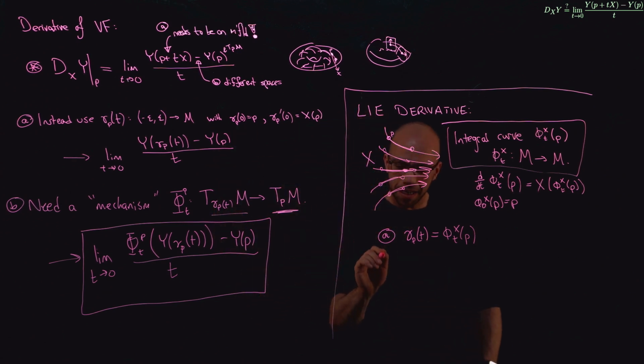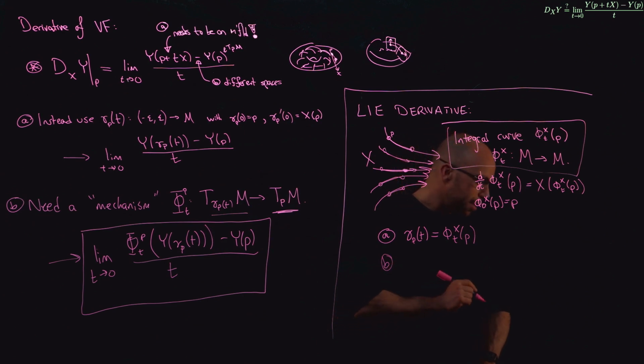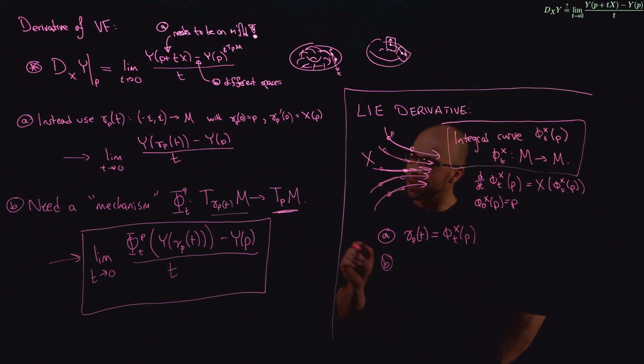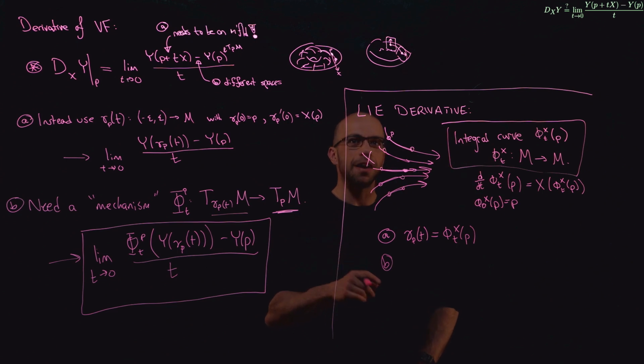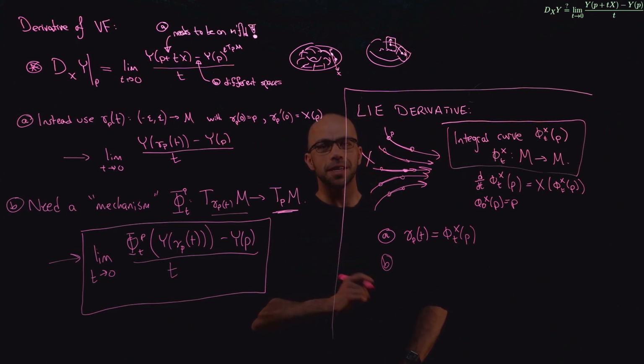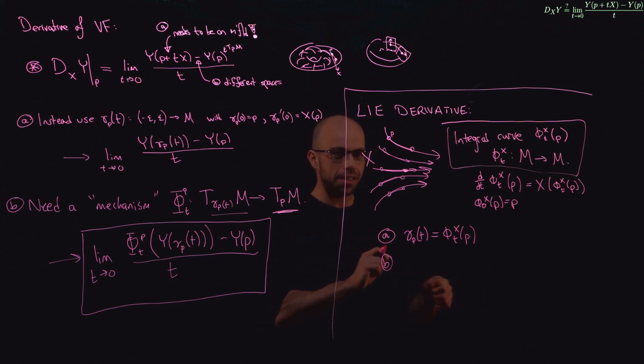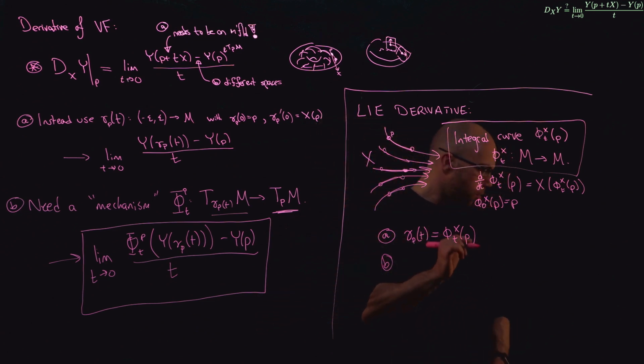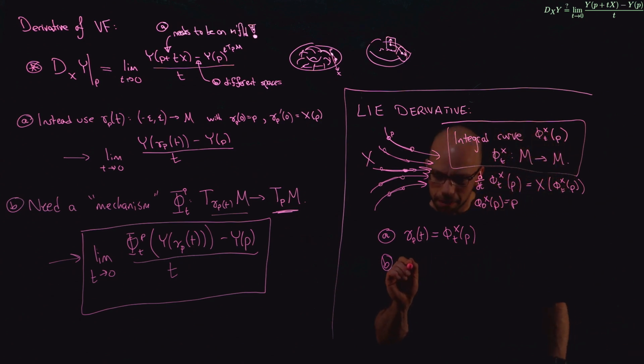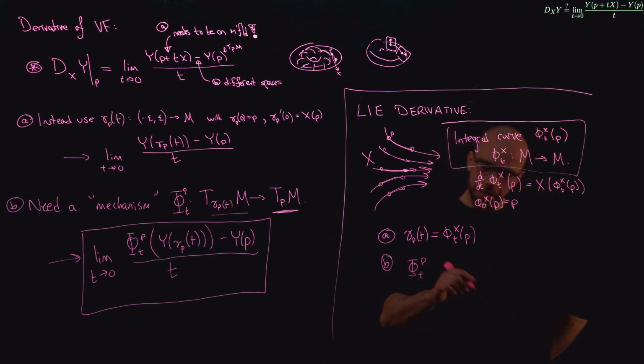And then decision B for our Lie derivative, how we're going to compare vector fields. This part is a little bit tricky. Remember that we actually defined the differential of a map between manifolds, this operator D, which takes tangent planes to tangent planes. So in particular, we're going to define capital phi t p as the following. It's going to be the differential of phi minus t evaluated at gamma p